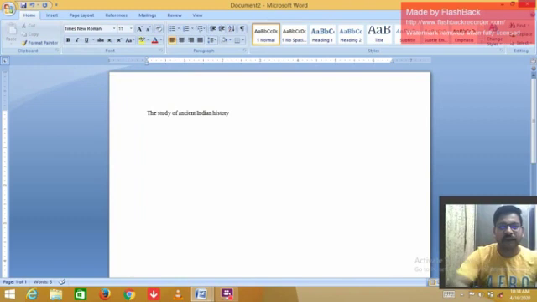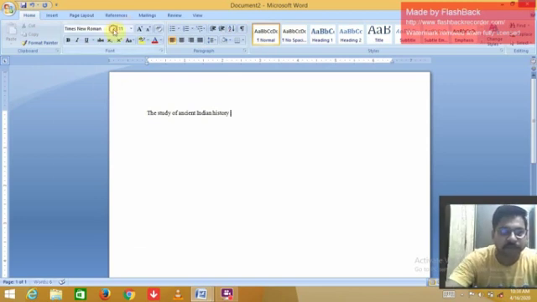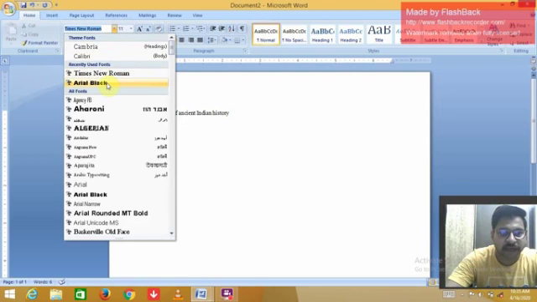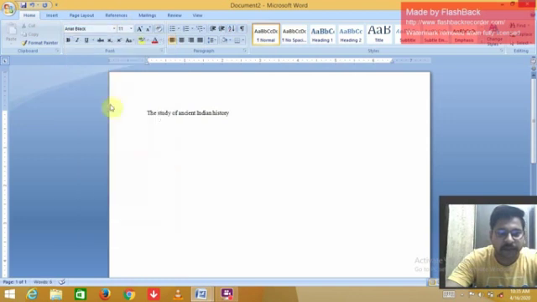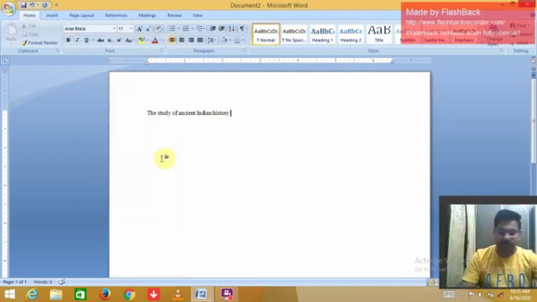You can see all the text will be typed in the Times New Roman font face. If you want to change the font face, click on this arrow again, and then select your appropriate font face. I choose Arial Black. Now you type some more text.